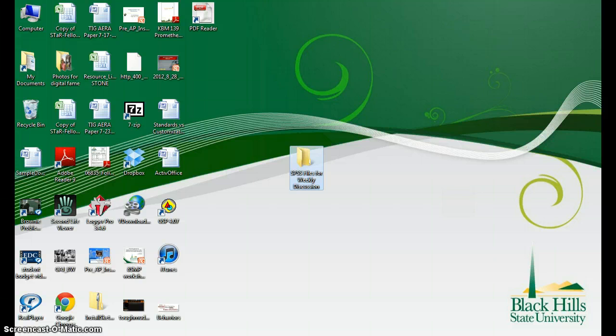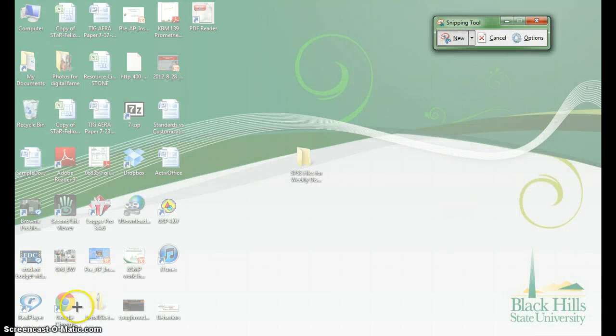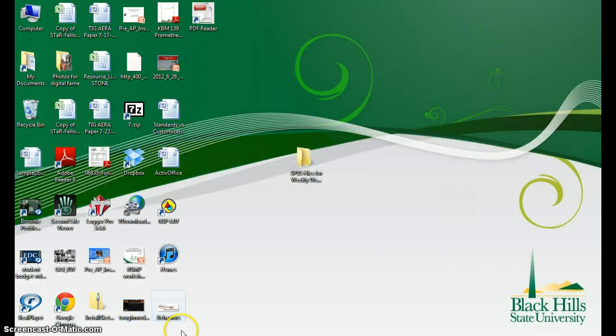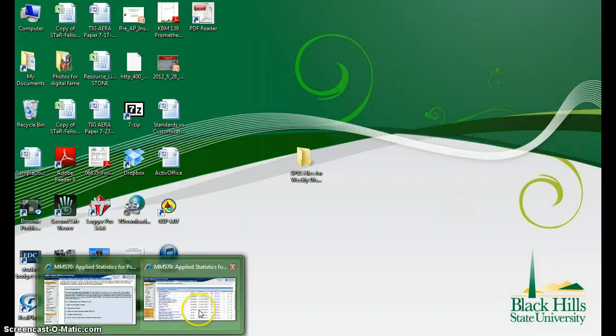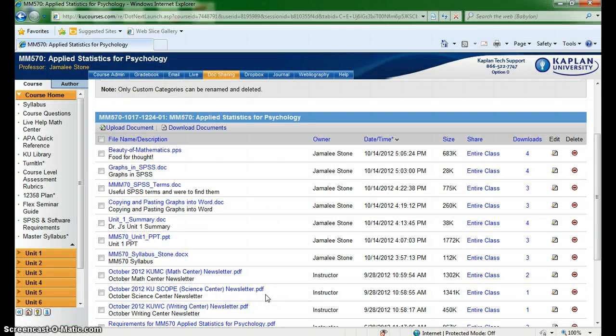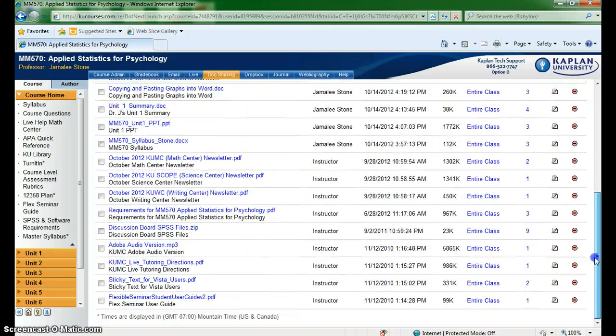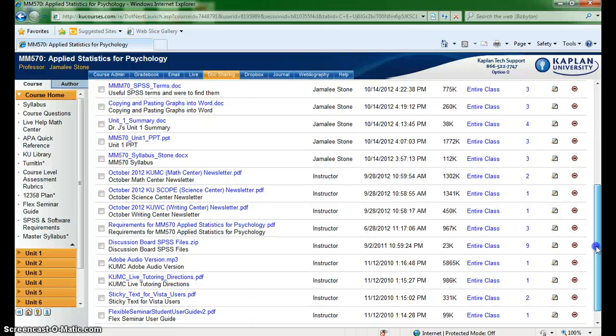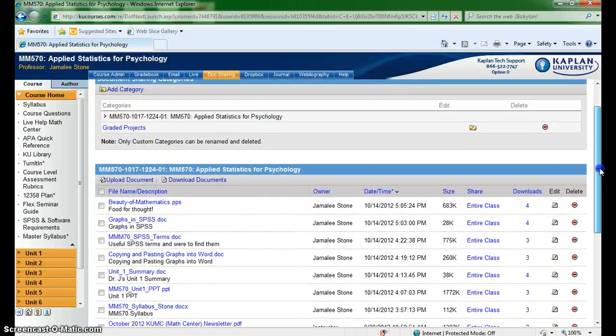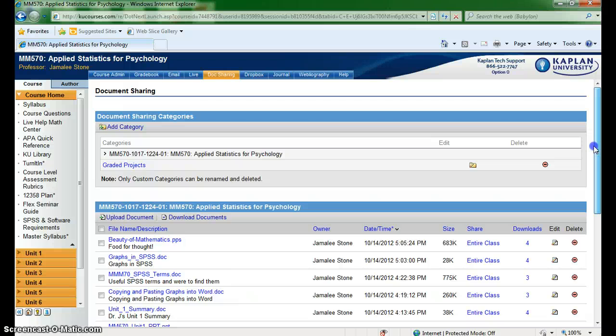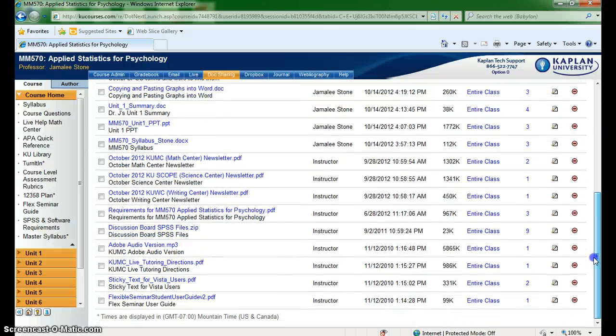Then what I'm going to do is go to the DocSharing area. That's one of the things you'll have to bear with me. I'm not using editing video equipment, so I might have a few ums and uhs in there when I'm trying to remember where I'm going. But anyway, I've opened up the DocSharing area of our course, and if you go down to